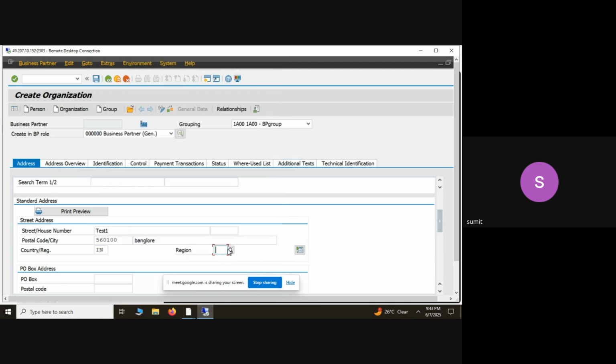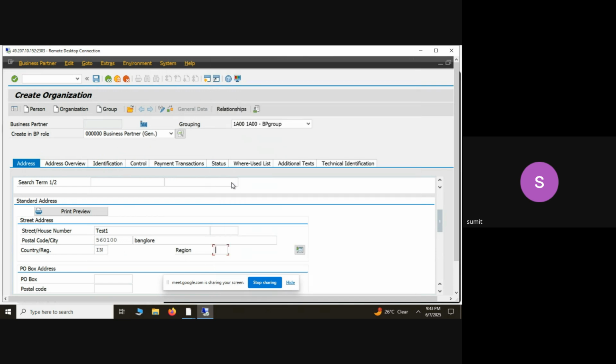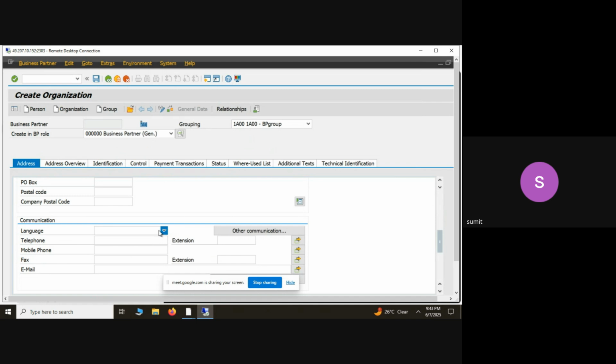And region is Karnataka. Okay, address and scroll down. Communication, English. English, telephone number,